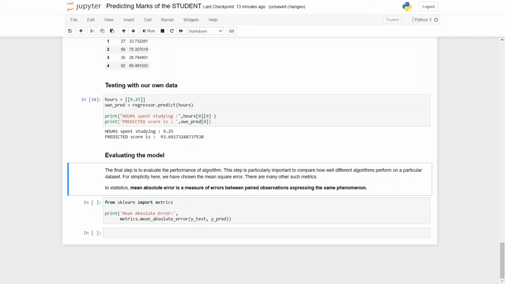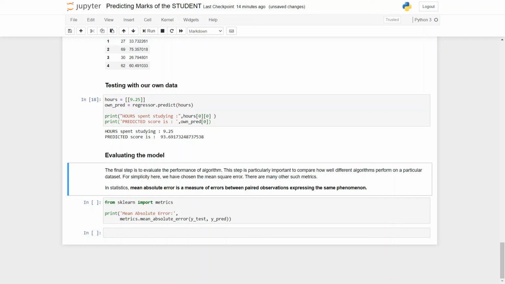Apart from mean square error, there are other methods as well, but let's go with this simple way. In statistics, mean absolute error is the measure of errors between paired observations expressing the same phenomenon. So to do this type of comparison, let's see.